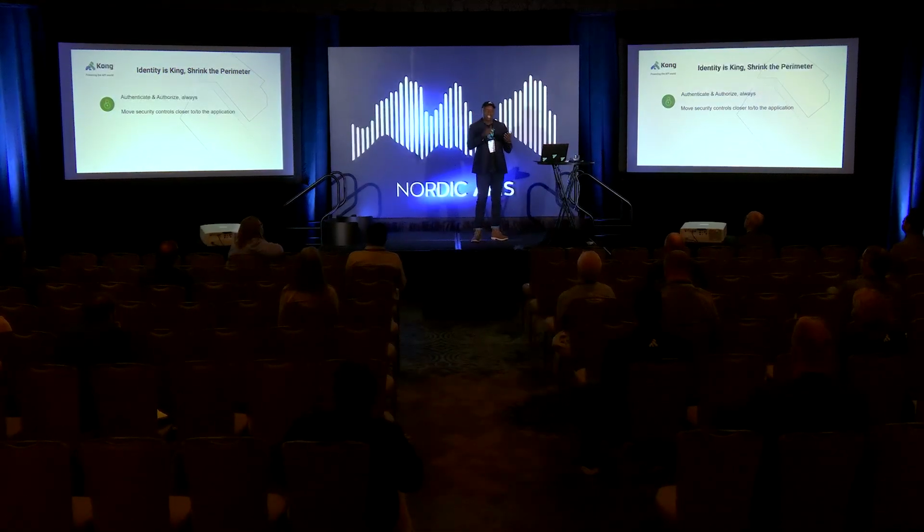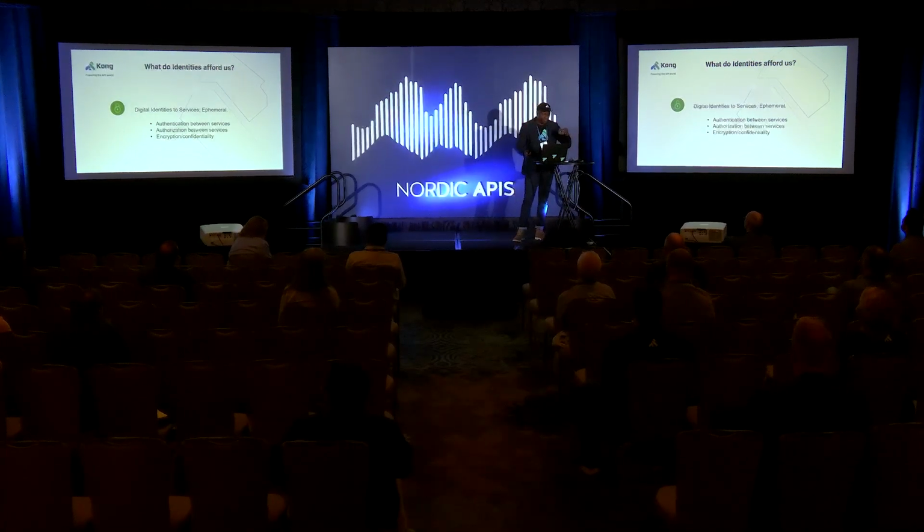Now, why are we doing this? The idea here is we assume that the adversary is on the network, and therefore our goal is to make sure that if the adversary is able to compromise our workloads, the blast radius of what they can do is minimized, right? So we make it extremely difficult for the adversary, who we assume is on the network, to compromise our workloads. And if they do, we make it such that they cannot laterally move across our network.